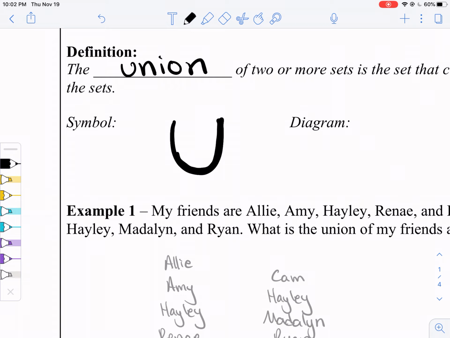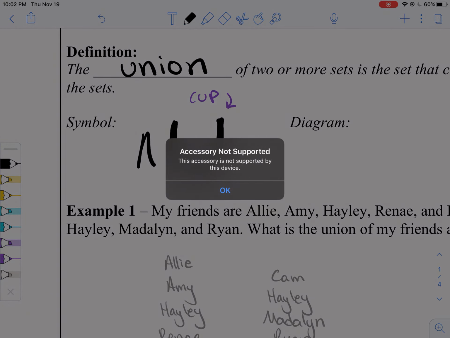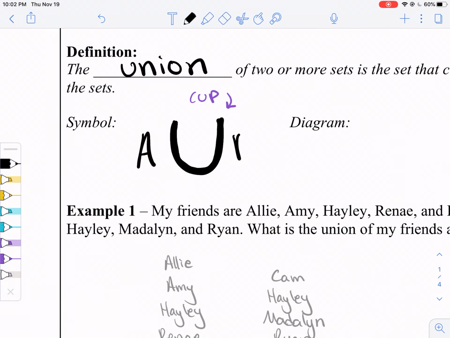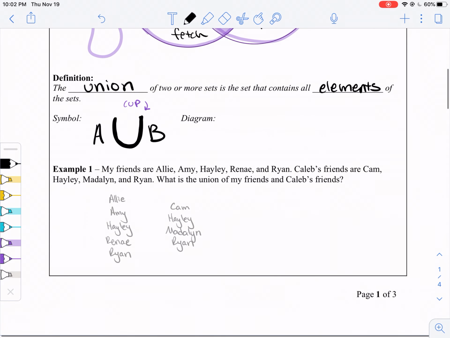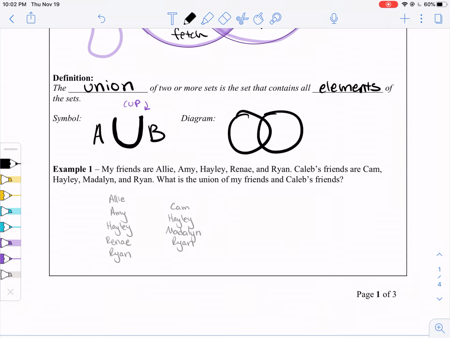This guy is called the cup because it looks like a cup. And so we would say A union B. And what that looks like is you have some set A, some set B over here, right? A union B is taking everything in A and everything in B, including their overlap,